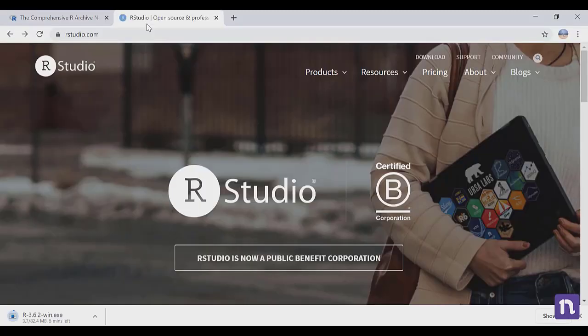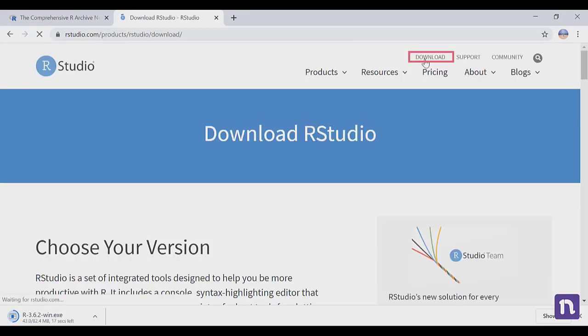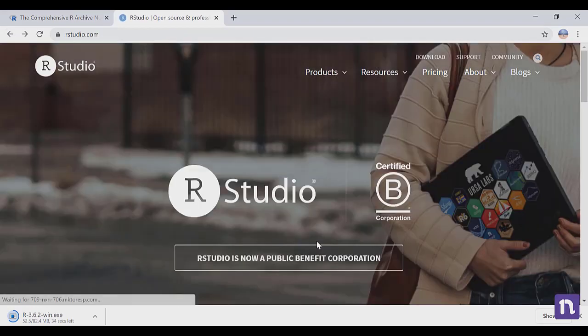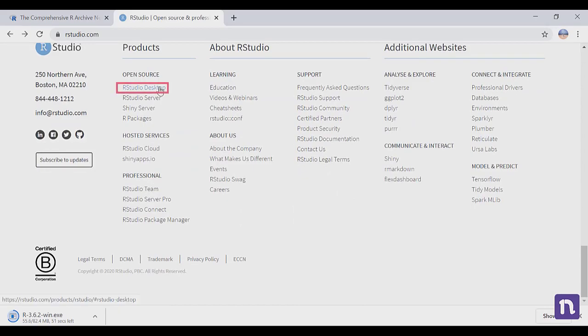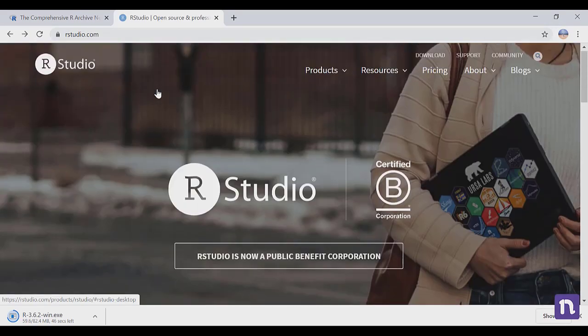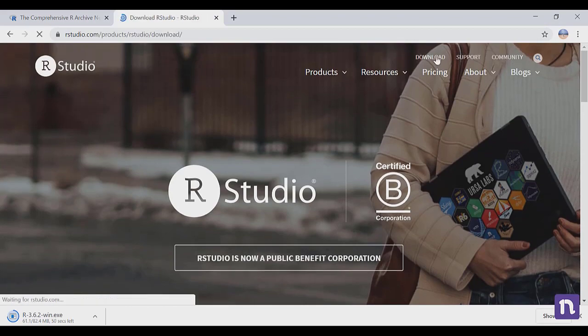While the home page for R CRAN network remains the same, RStudio's home page and layout of the website changes over time. But nevertheless, the page to download the RStudio software has remained the same. Well, if you click on download, if you don't find the download button over here, let me go back. You will certainly find the download button somewhere in the page. Typically at the footer of the page in the bottom, RStudio Desktop, software that you want to download, and that will take you to the download page.